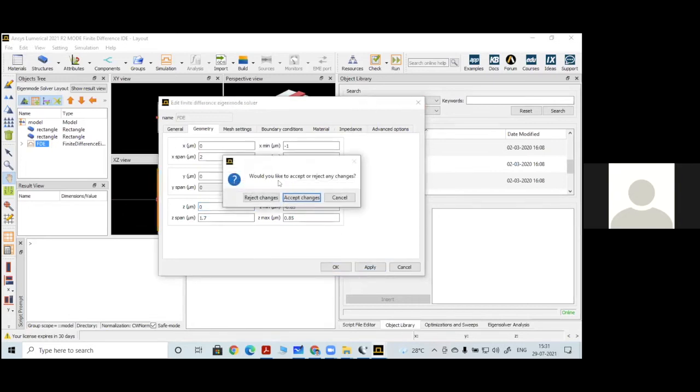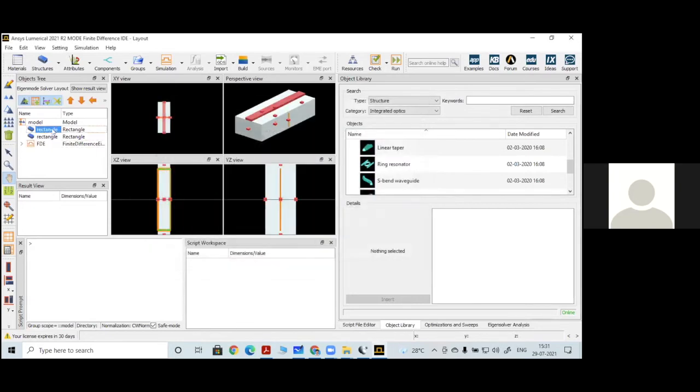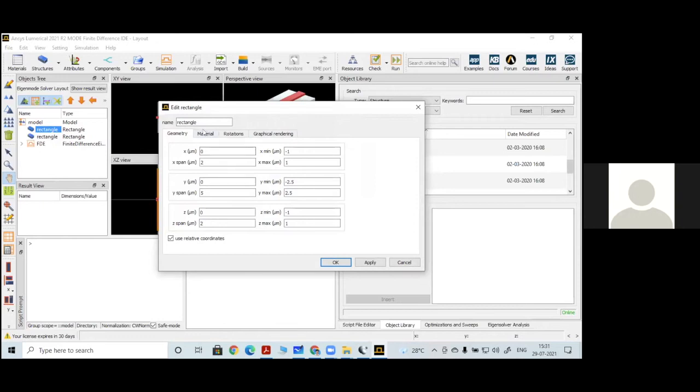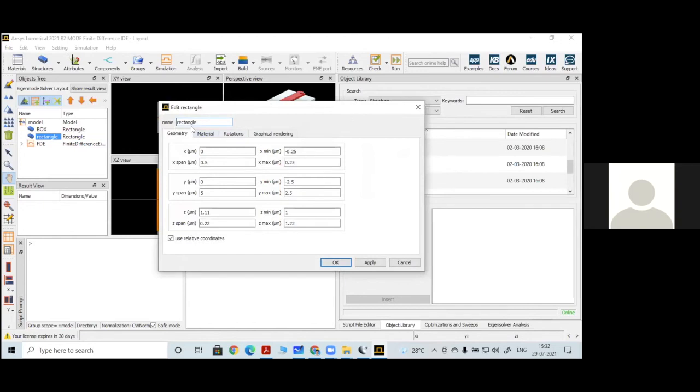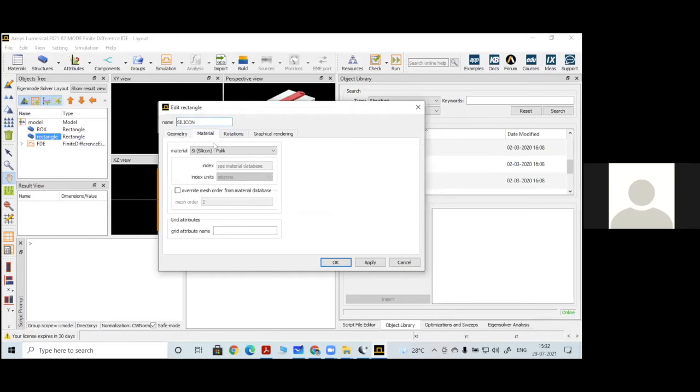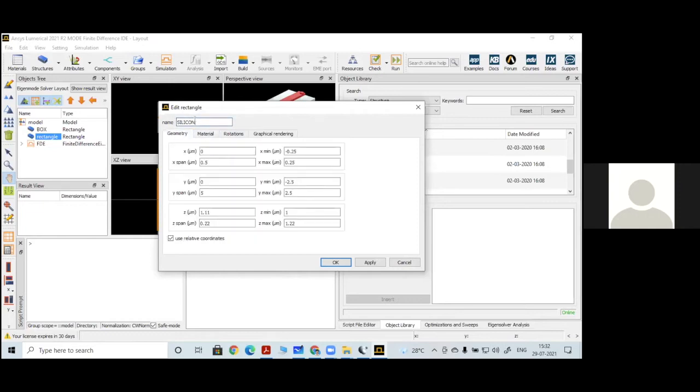So for your entire structure, you can look at this first one. This material is glass, so you can name this as substrate, or buried oxide, BOX. Here you can see the Z starts from -1 and ends at +1. You should note these values. And this is your silicon layer. You can name this rectangle as silicon. It is always better to name each component immediately while selecting the material, so that same material can be given to this particular thing. This starts at 1 and ends at 1.22. So we have applied this setting.